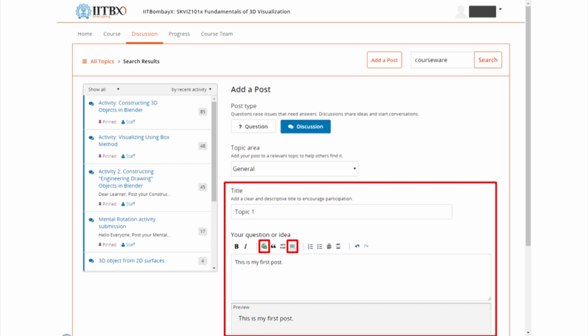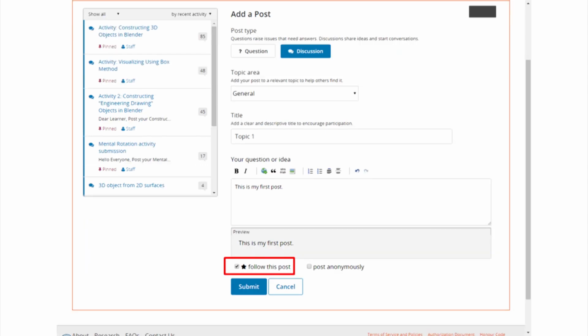Here, use the formatting options available on the top to make it bold or any other thing, or add links, add images. And finally, before posting, check the preview which is available just below. Once you are satisfied with the preview, decide whether you want to follow this discussion so that you can get the updates ready for you to comment on.